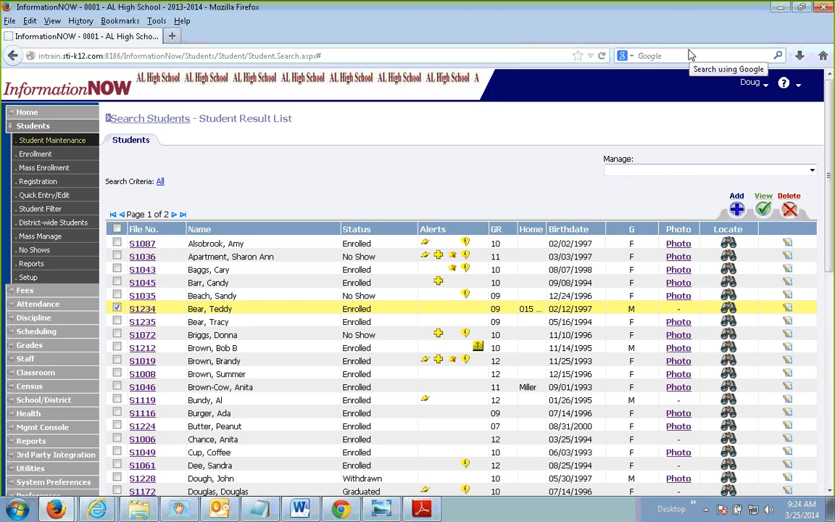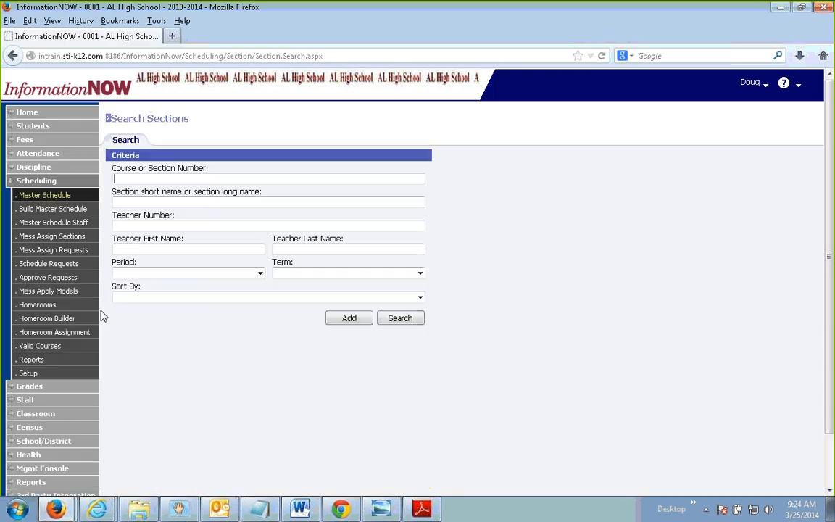All right. My favorite enhancement to this year's winter release is the homeroom roster maintenance. This change request allows the user to add and delete students from homeroom via the homeroom roster screen. So to demonstrate this, I'm going to go to Scheduling, Homerooms,